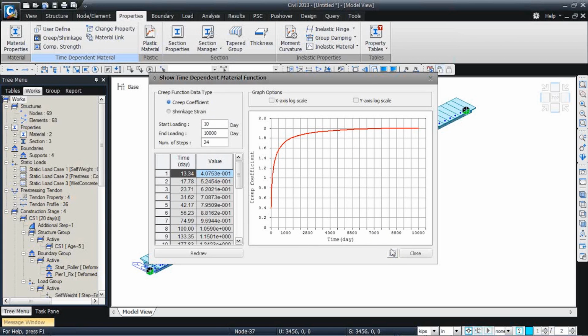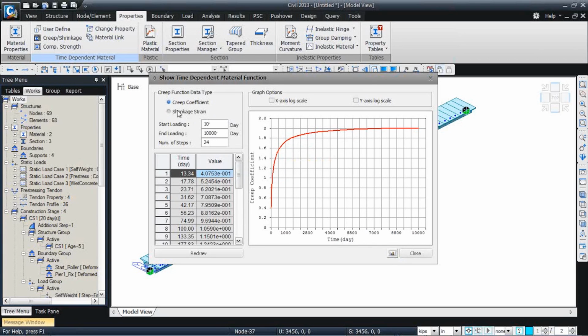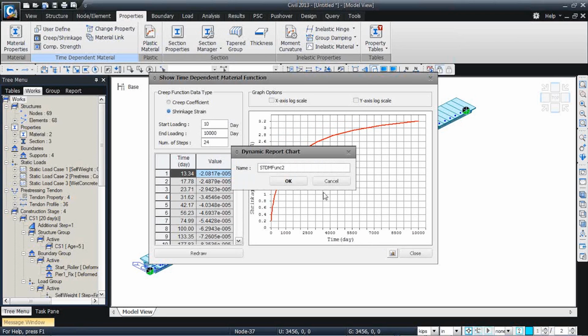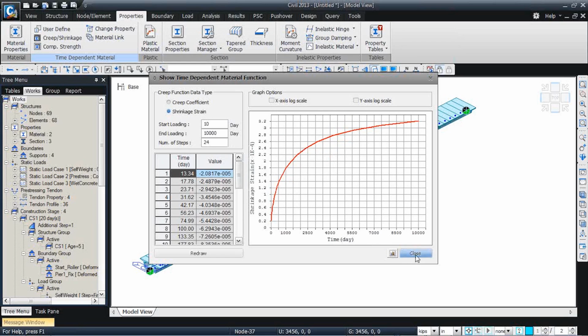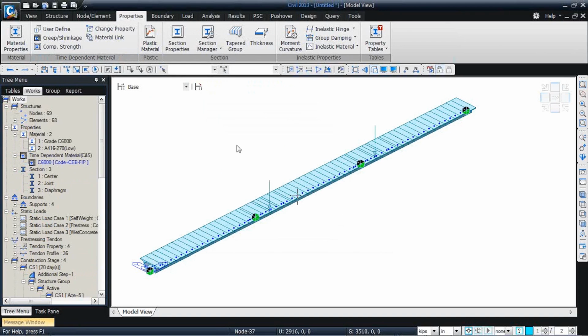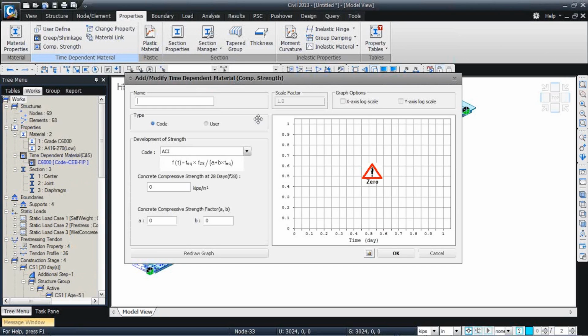Show result, you can see the graph for creep coefficients. You can save that as a creep coefficient graph for your report. You can see the shrinkage strain graph. You can click here, you can save that for your report, and then hit close here and OK here and close. Then we can define the compressive strength gain curve. Click add, C6000,